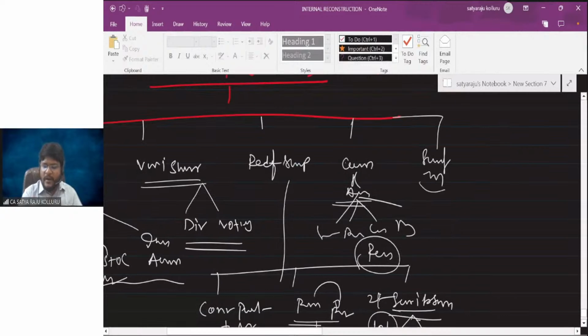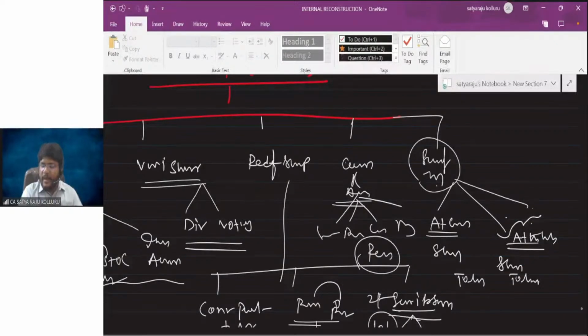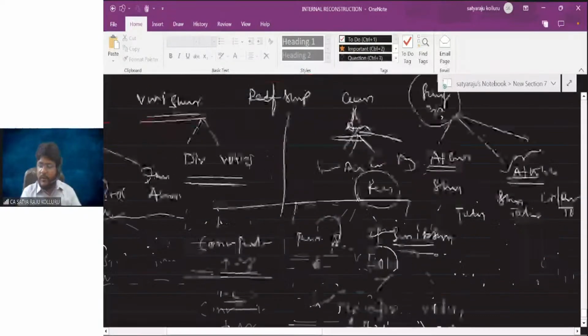Just now we explained the share surrender concept. In share surrender, you need to think of only three things. At the time of creation of share surrender, the entry is share surrender to share capital. At the time of utilization, the entry is share surrender to share capital. And at the same time, you need to recognize the profit by cancelling the existing party, that is the creditor or the debentures, whatever the case may be, to reconstruction.